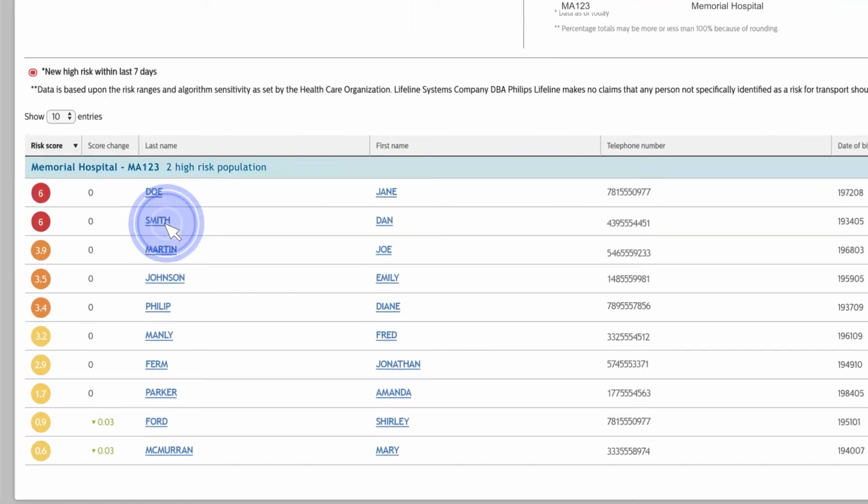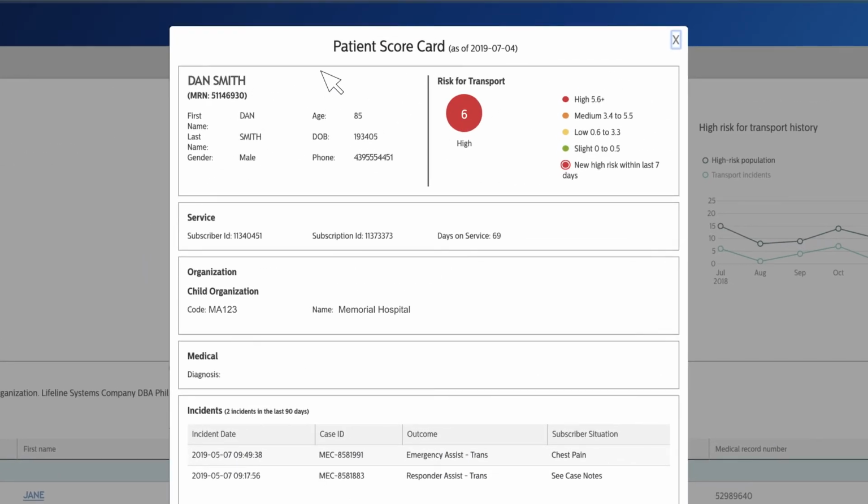When you click on a patient name, the patient scorecard will pop out. This card enables you to become more familiar with a patient, their demographics, medical conditions, and incidents signaled through the Philips Lifeline Medical Alert system. Reviewing the patient scorecard prior to checking on or calling the patient will also help you determine the right approach